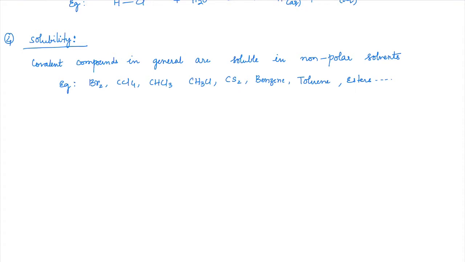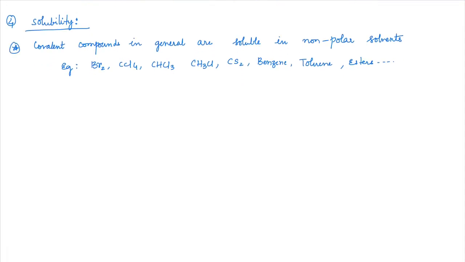But again, here it depends upon what you are adding. Suppose you are adding any non-polar compound to these solvents, they will definitely get easily dissolved. But if you add a polar covalent compound, they would prefer to be more soluble in polar solvents. You have learned this as a saying that like dissolves in like and unlike dissolves in unlike. So polar covalent compounds are soluble in polar solvents.